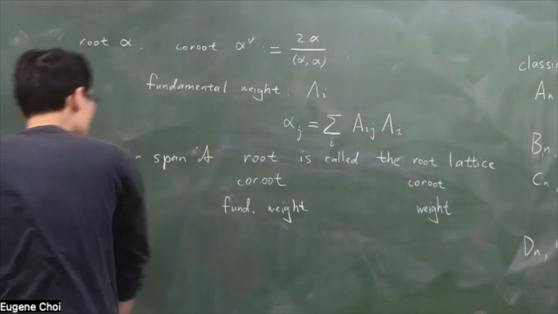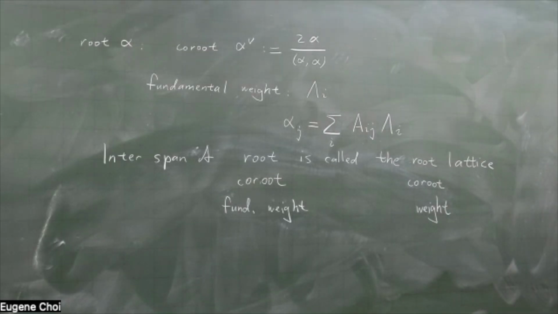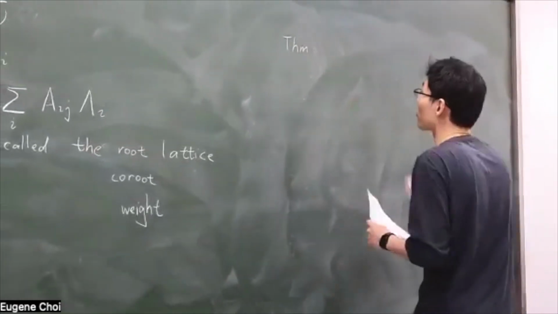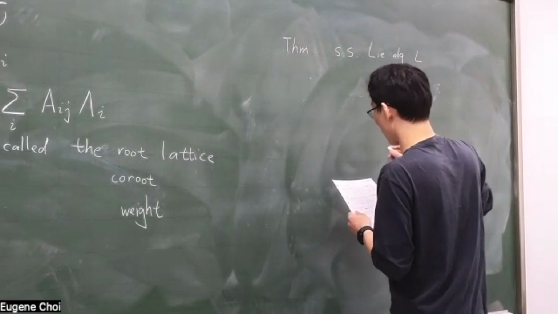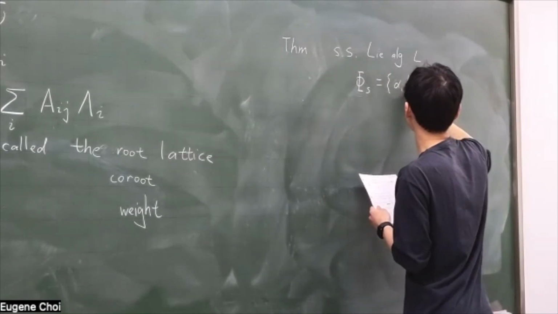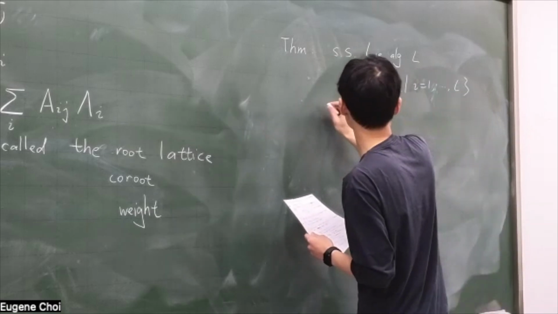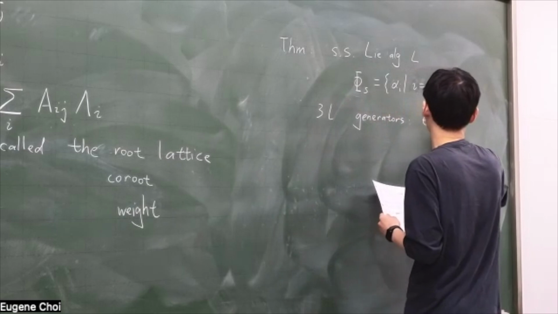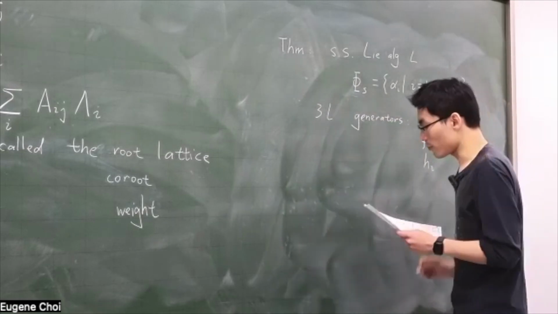Right, so now I have a theorem going back to our SL2 triples. For any semi-simple Lie algebra of rank l, with simple roots alpha i, i from 1 to l, it can always be presented using the following 3l generators: E_i meaning E alpha i, and likewise F_i, H_i, with the relations